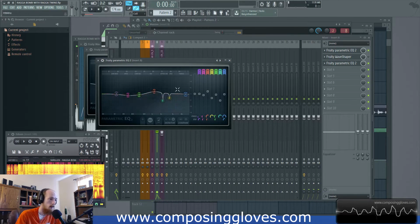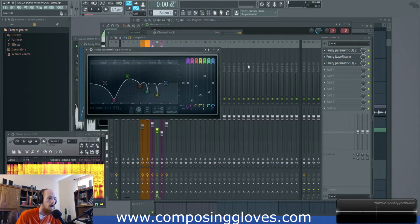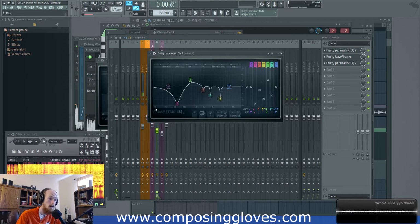And then I came up with a second EQ. Now the EQs are quite substantial. So is the wave shaper. They are substantial because if you do too much cut, your sound will sound really, really squashed. I've already hit the floor, the roof, the ceiling. I've compressed it pretty much as far as I could go without ever having to use any compression, just from the amount of distortion that I'm using. So I'm using this to try and clean it up. His is really clean, and this is something that I could spend more time on and really nail the texture